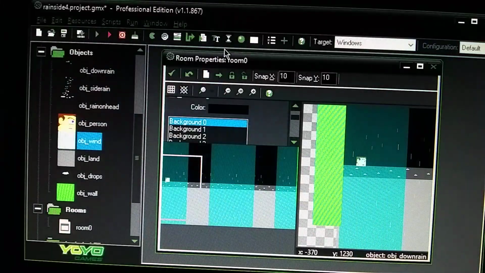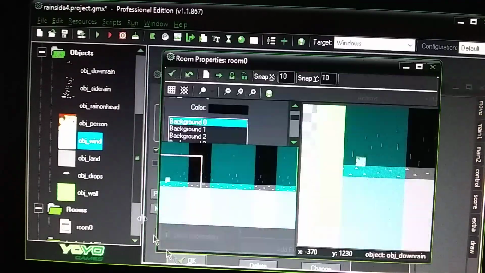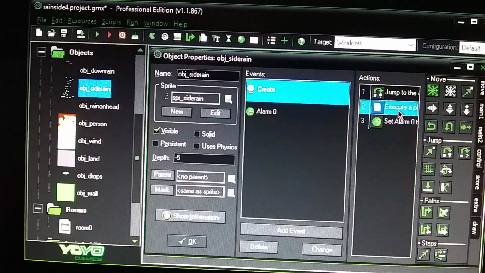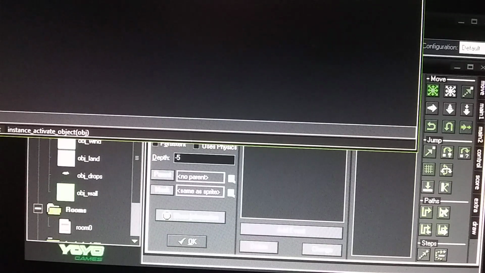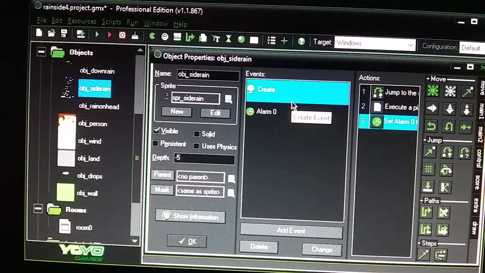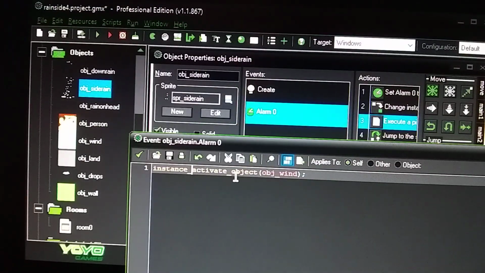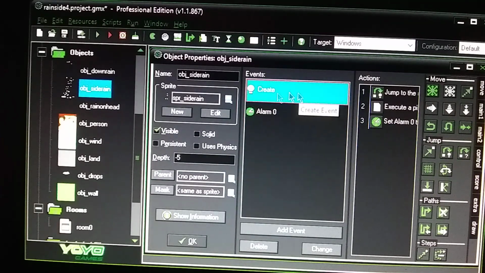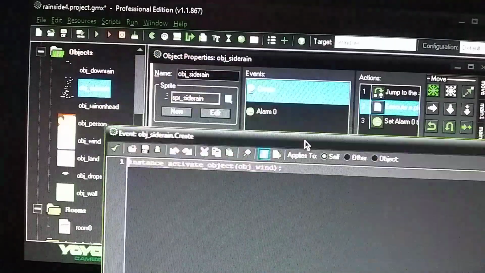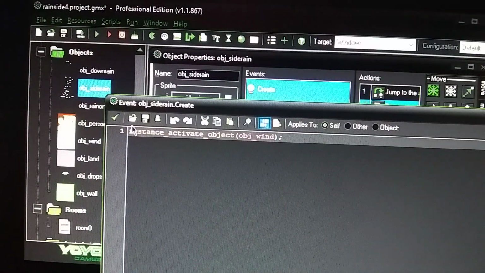The wind's not set up right, see? Activate the wind. So this was right, so deactivate. On the wind, when the rain's at an angle, it's going to activate the wind. See, activate. So under the crate,